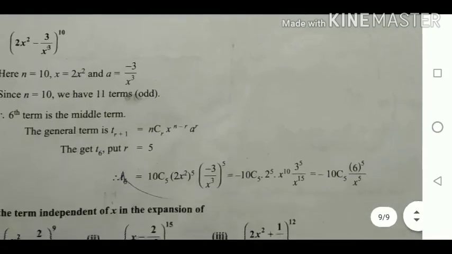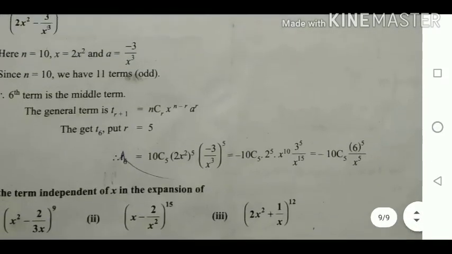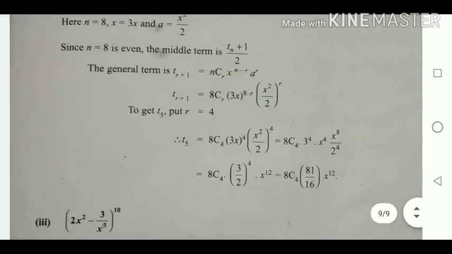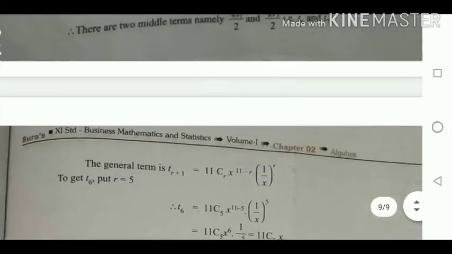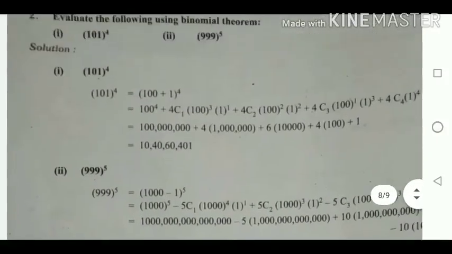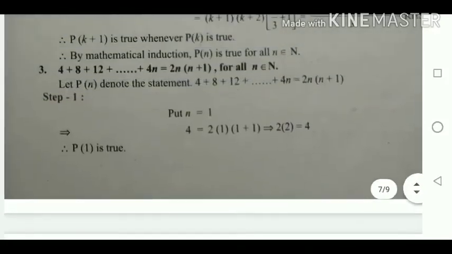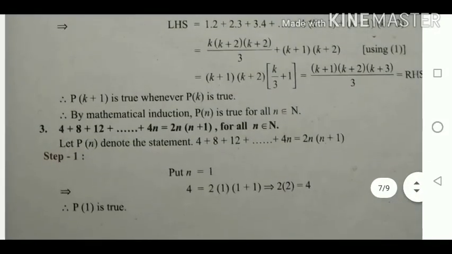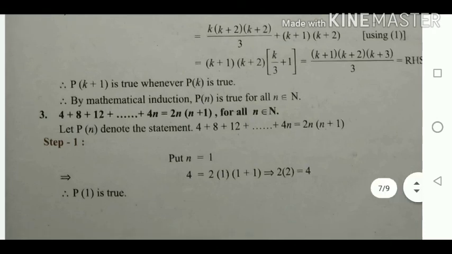Okay, so do the next sum also. This is the way how to do all the sums. So I finished all the models related to the second chapter. If you practice these sums well, it is easy for you to score more marks in your monthly test. Practice well, submit the assignment then and there, then only it is easy for you to score more marks. So practice well, students. Thank you.